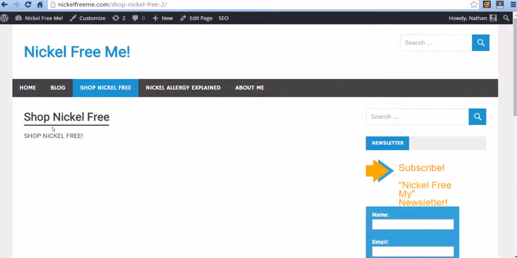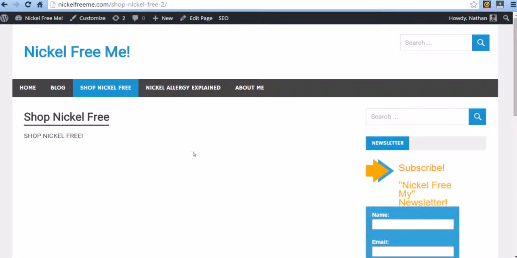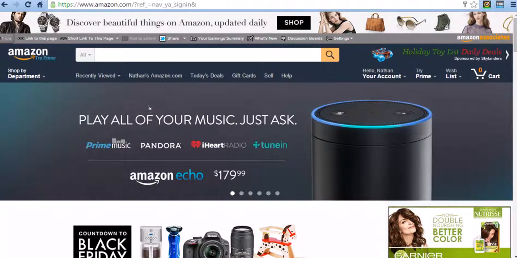So this right here is blank, and what I want to put right here is an actual Amazon kind of looking storefront that plainly says Amazon so people can trust it and everything. They see Amazon and it's already a well-known business, and everybody pretty much buys just about anything from it. So what I'm going to do is I'm going to go to my Amazon page, and then once you log in, if you've created an Amazon Associates account, you're going to get this little bar right here. And what I want to do is I'm going to click on this,